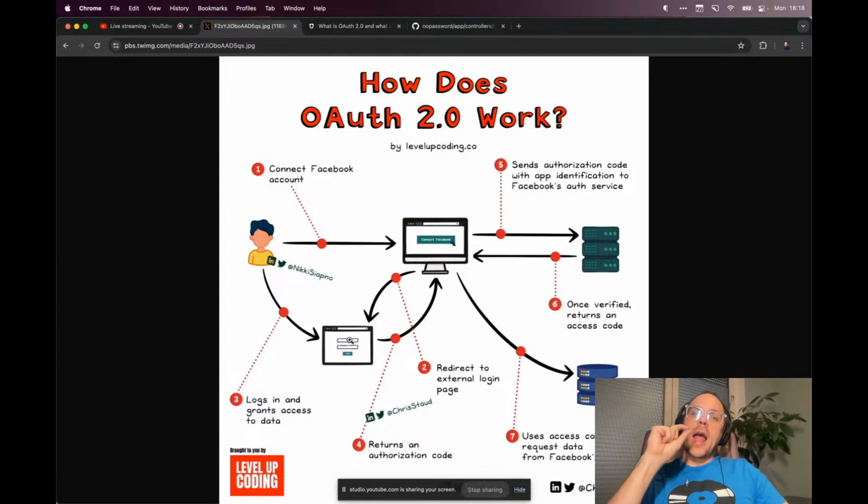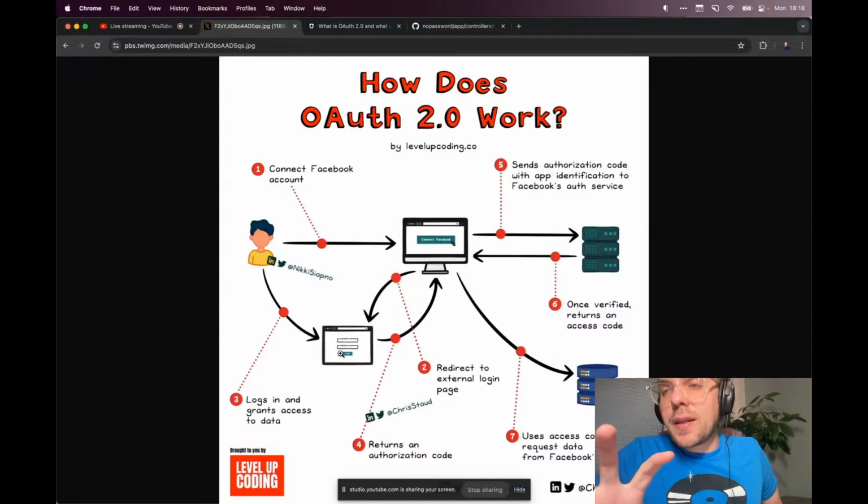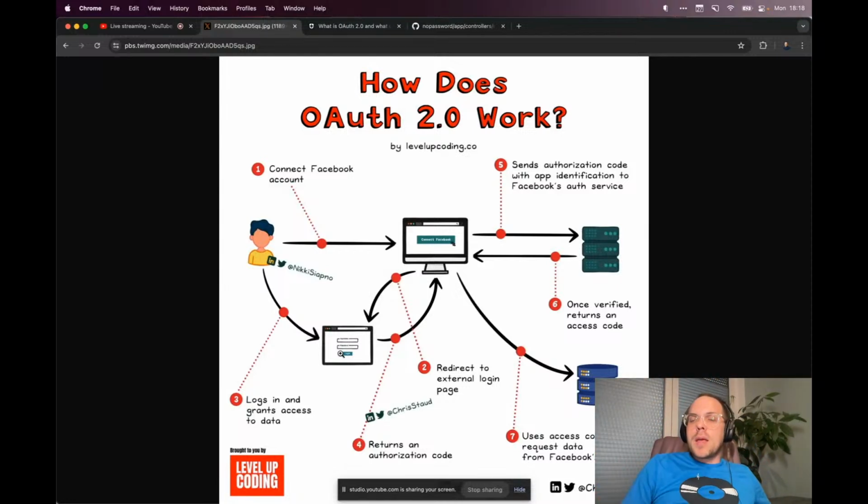If you are asking for permission to read and write some of their Facebook data for the first time, then the next screen that facebook.com is going to show them is an access authorization screen. Hey, my application wants to read your email address. Do you give them permission? Yes or no? They click yes. Then facebook.com redirects them